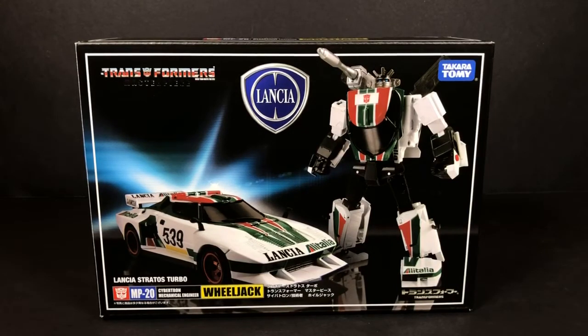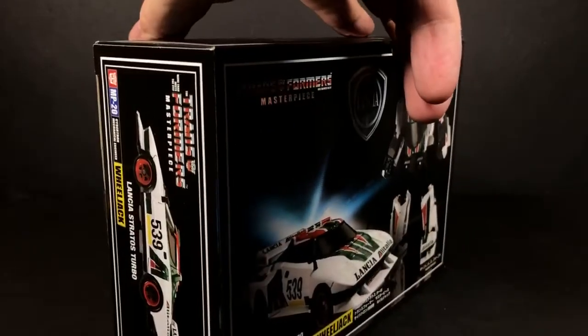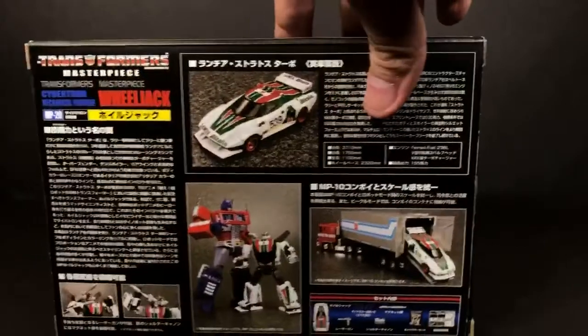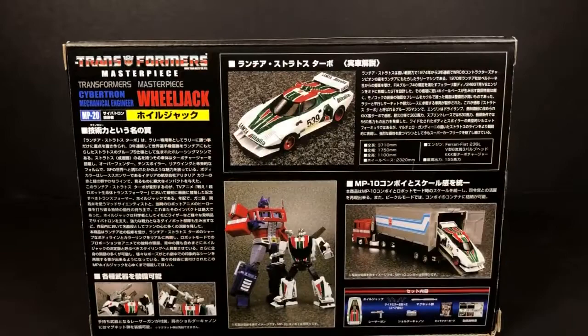So today we have MP-20 Wheeljack. And you can see he's a Lancia. So Takara was able to get the rights for Lancia, or to use the vehicle. So that's awesome. And you can see him here in both modes. He has his missile launcher on him. It's really cool. So here, if you look on the back, you can see him and